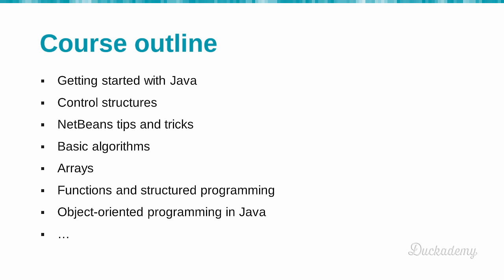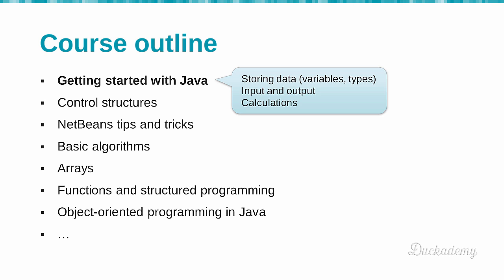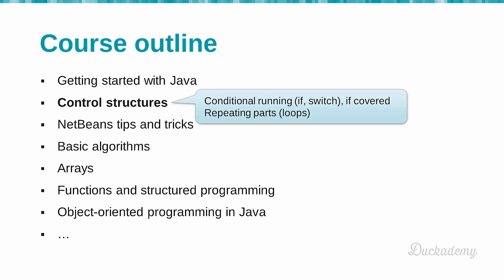Welcome back to the second video of the Java programming video course. In the first video, we saw how to store the data, how to give input and print output to the screen, and how to do calculations. In this video, we will see how to conditionally run some parts of the program and how to repeat parts